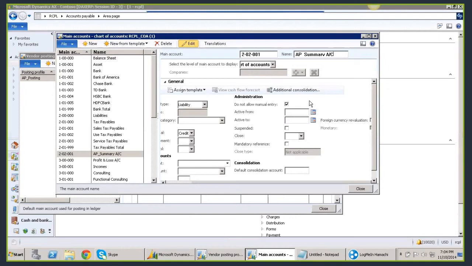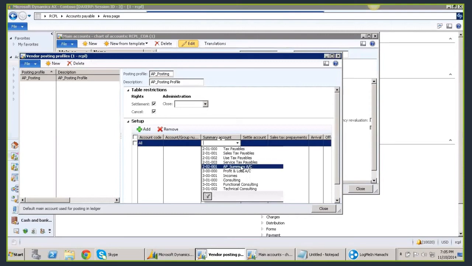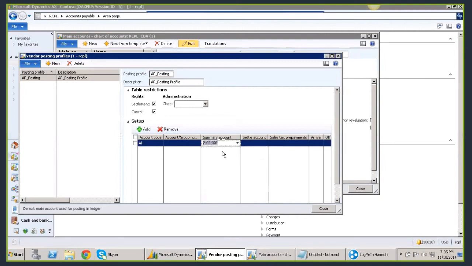Everyone of you, Ivan, Praveen, and Solomon? Yeah. Gotcha. So you have to make sure you check this do not allow manual entry. But even though you don't check it, if you are selecting that specific ledger account in the summary account field, the system automatically checks that one and will not allow any end user to post ledger account transactions against this ledger account. Am I clear? Yeah. Hope so. In your interview, if someone asks you, you will be able to explain what it is, right?